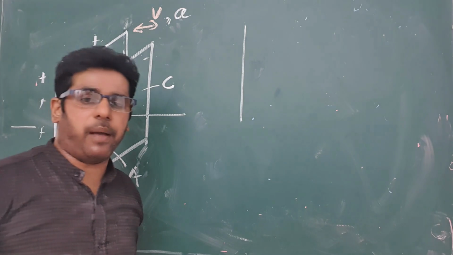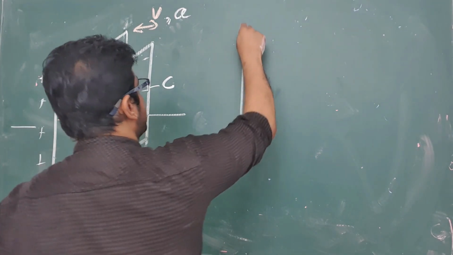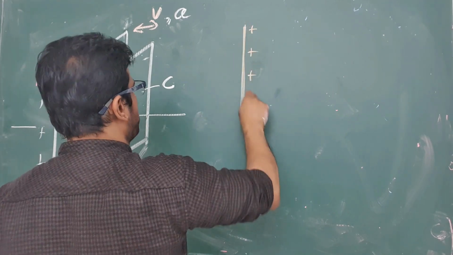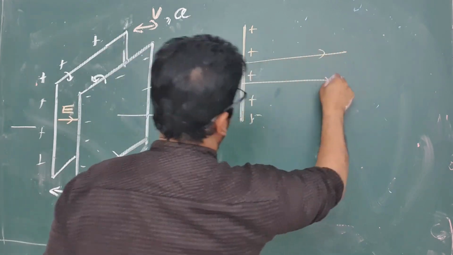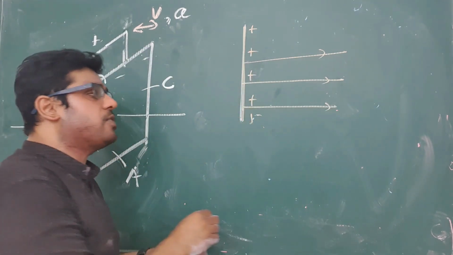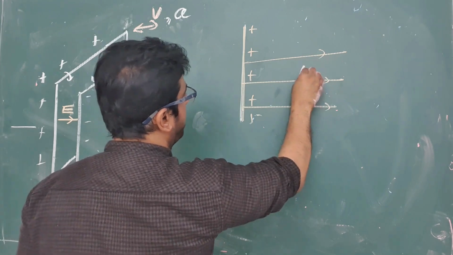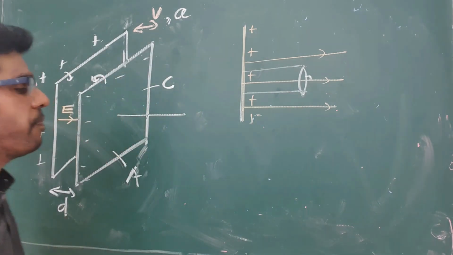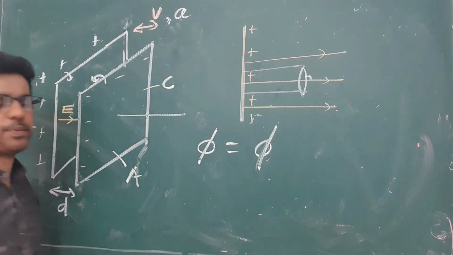Now, here I am going to take the behavior of the Gauss theorem. Now this is the plus plate. You can take the plus plate from them. Now these are the electric lines. I told you to draw a sphere or cylindrical shape for a Gauss surface. Everyone knows the Gauss surface should be perpendicular to the electric lines. So you have to draw the cylindrical shape. Now I am going to form that general expression by using the theorem.